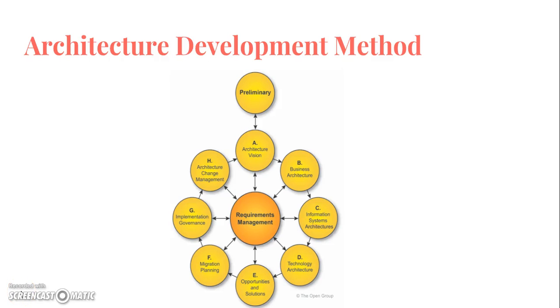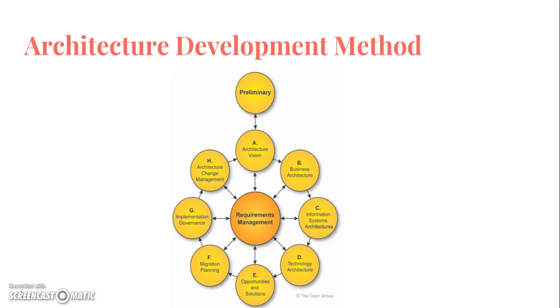Architecture development method, commonly known as ADM, provides certain processes which are repeatable, which are tested, and helps building architecture. Now, this diagram, which I've taken directly from the Open Group website, highlights all the important phases within the ADM life cycle. So, starting from preliminary and architecture vision phase, going down to business architecture, information systems, and technology architecture